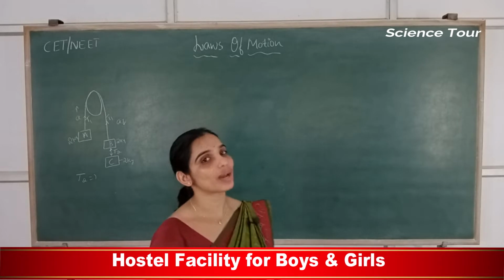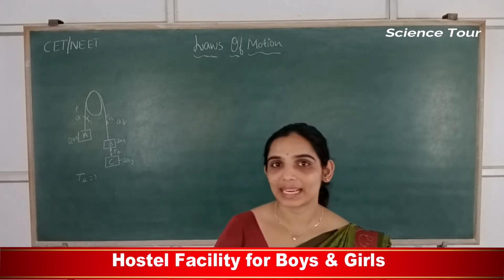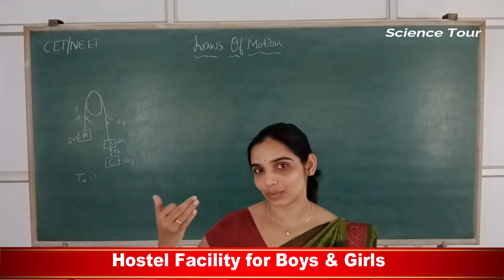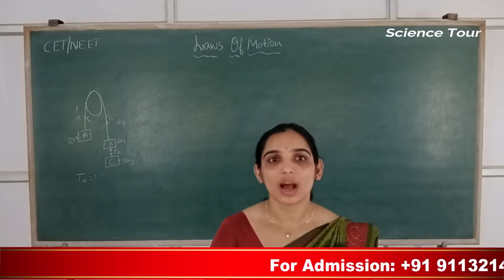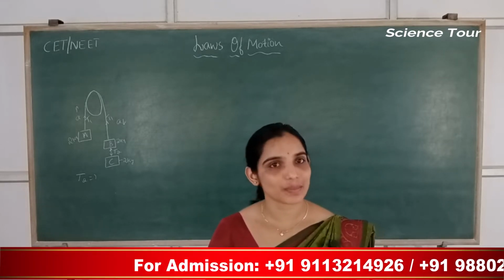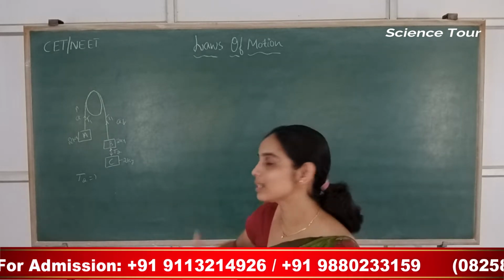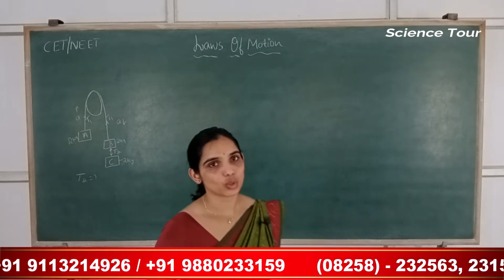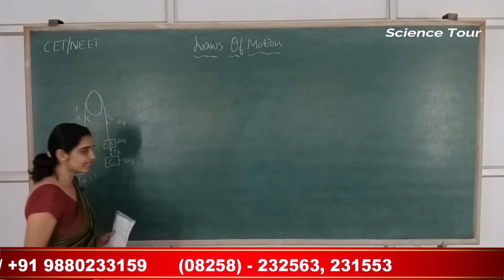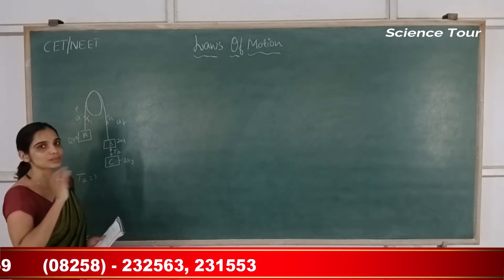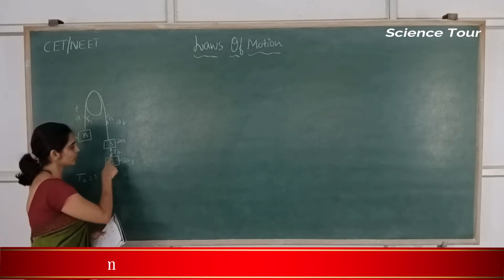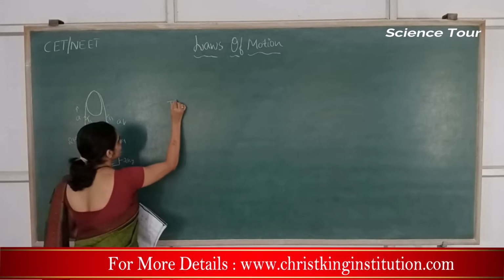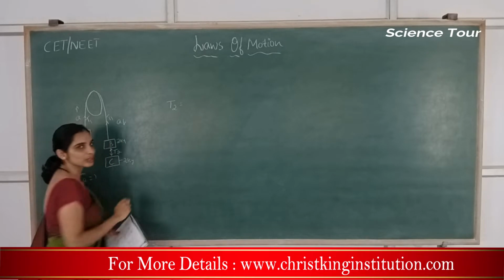Either you can go according to your free body diagram, which is a tedious process and will take a lot of time, but you will get an accurate answer. Otherwise, you have an easy method to remember the formulas related to that. So you can directly write the formula, substitute the values and get the answer. So what is the tension acting here? T2. What is T2 equal to?